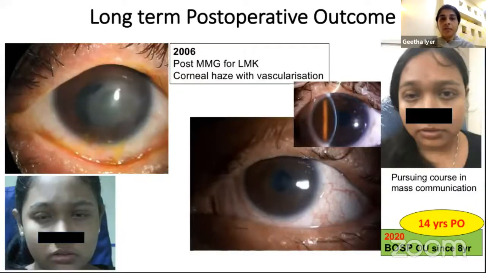And these are some of the long-term post-operative outcomes in our patients who are out of this procedure almost 14 to 15 years following the same for lid margin keratinization, where the surface has continued to remain stable without further deterioration. These patients definitely benefit with the use of PROSE lenses, especially if there is an associated corneal haze or dryness, which helps provide comfort as well as improvement in vision.